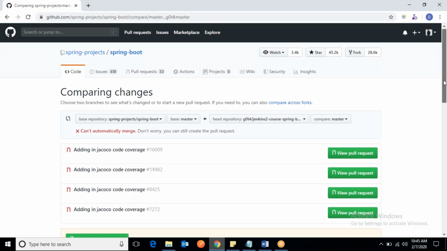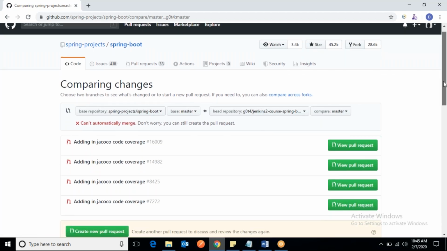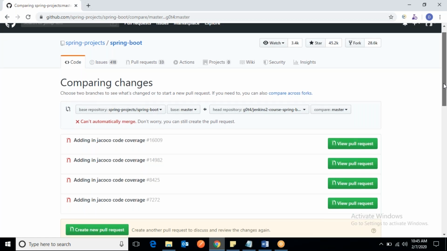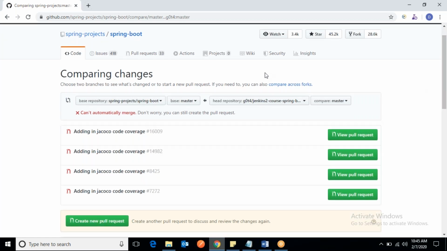See, in this, what I did was fork one of the repositories, a publicly available GitHub repository. Now if I go to pull requests, I can see there are 33 pull requests that have been created. Now I create a new pull request.